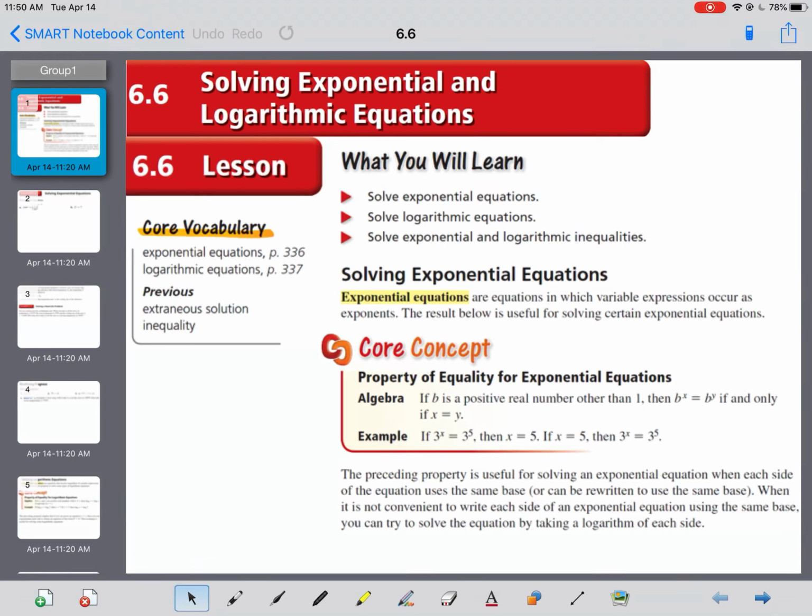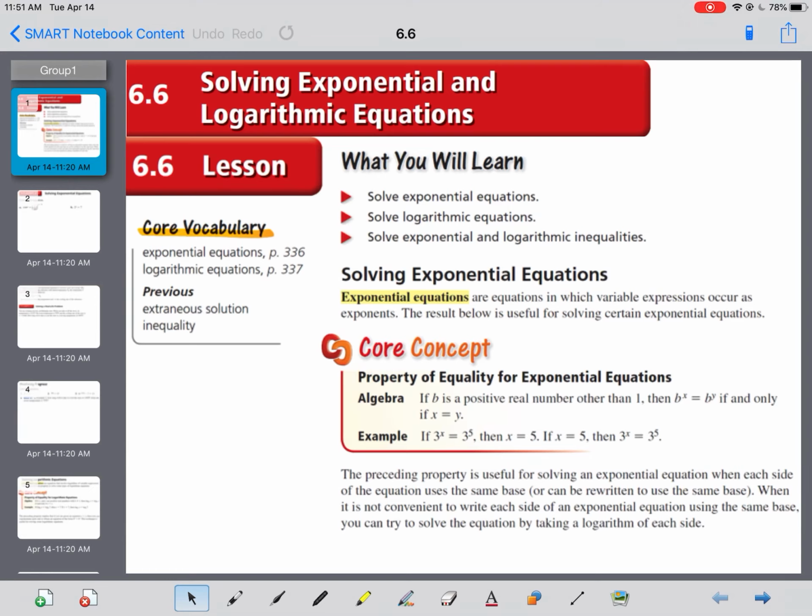And remember, the difference between an exponent problem and an exponential problem is where the variable is. Exponent: it's a variable base with an exponent on top. Exponential is a number base with an exponential, or a variable exponent. So we're going to start with solving exponential equations, and it will tie into logs because they work with